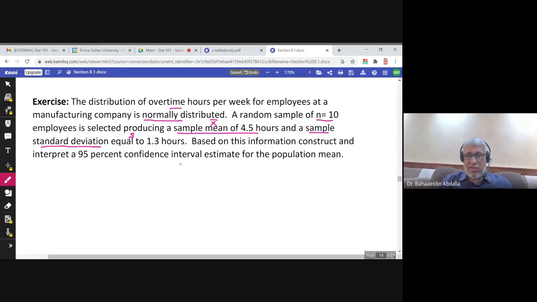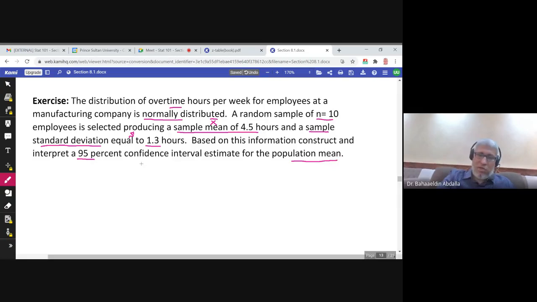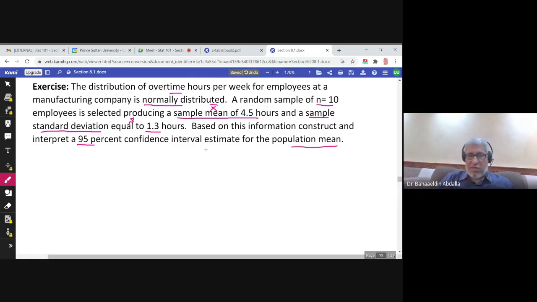So sigma is not given here. What is given is s, the sample standard deviation. It's 1.3. Based on this information, construct and interpret a 95% confidence interval estimate for the population mean. So sigma is not known, so the formula is x bar plus or minus t times s over square root